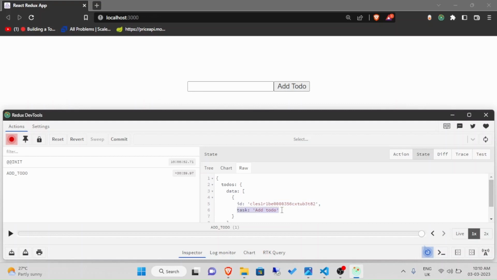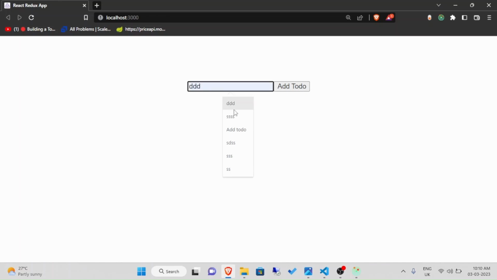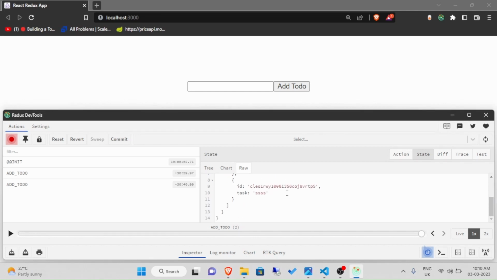And then the task item, which is basically the message of the task, is called add to-do. In order to see this in real time, let's add another SSSS. And let's open the Redux thing again. If I open this a bit bigger, we can see that there is another new task which has got